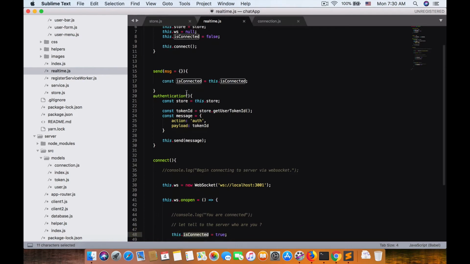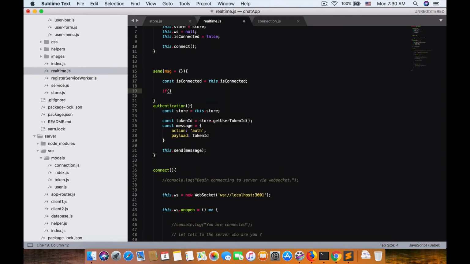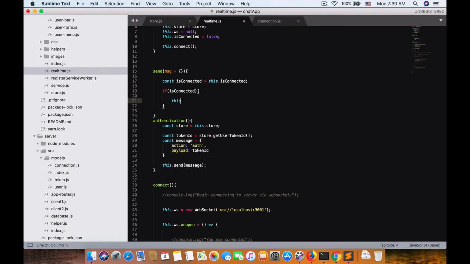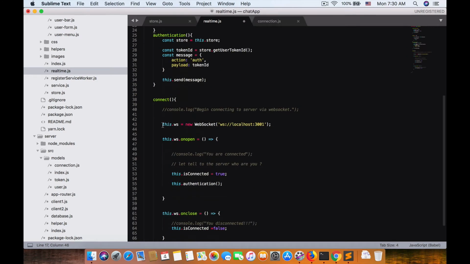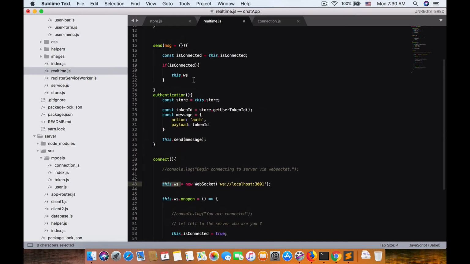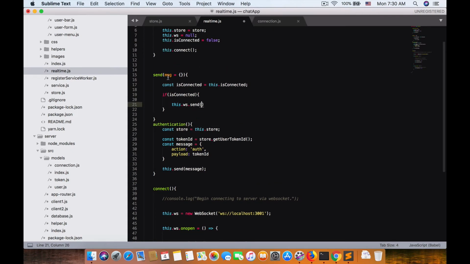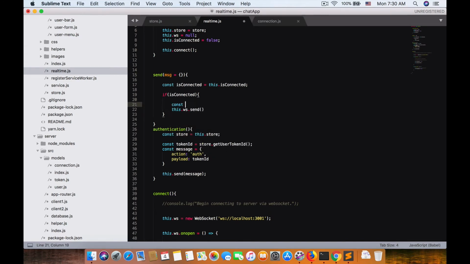And in this case, when we send a new message with WebSocket, the first thing we need to do is check that it is connected. Then we can do it with this WebSocket, exactly what we set, WebSocket dot send. The message we pass as a parameter is an object, so we have to do a const method string equal